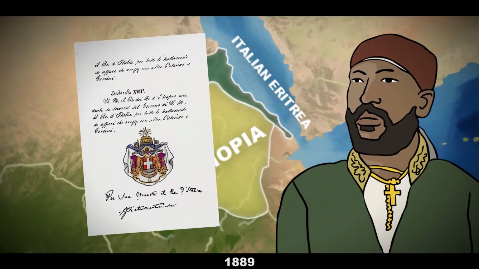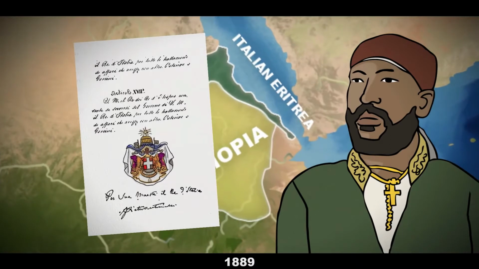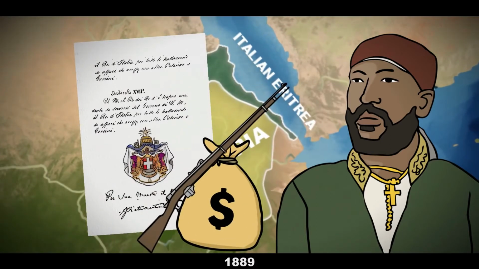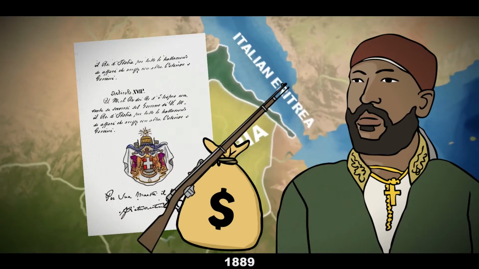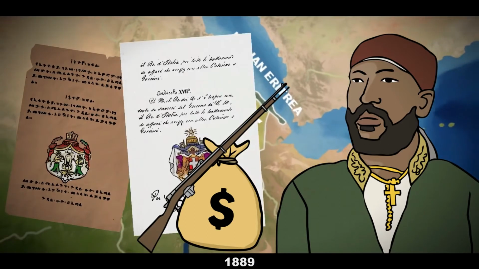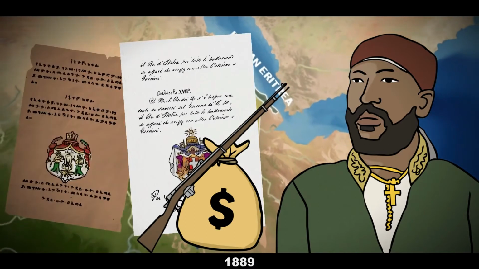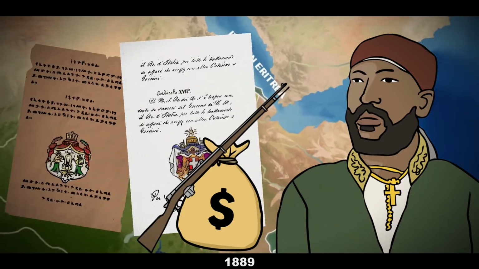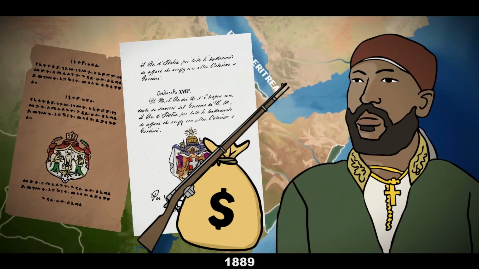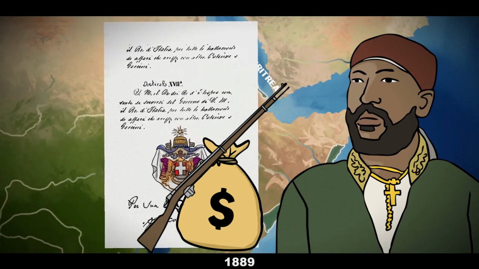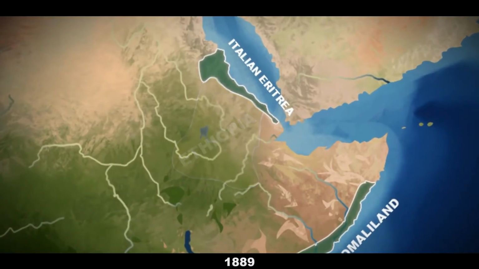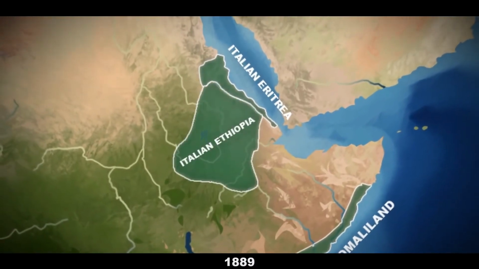Italy signed a treaty with Menelik that promised backing to his claim, as well as financial and military aid, in exchange for recognition of Italy's colonial territories. However, there were two versions of the treaty. One was written in Italian, and the other Amharic, the language of Ethiopia, and each had different terms. The contentious clause, which eventually would lead to the outbreak of war, was in the Italian version of the treaty, which stated that Ethiopia was effectively a colonial protectorate of Italy, a provision that did not exist in the Amharic